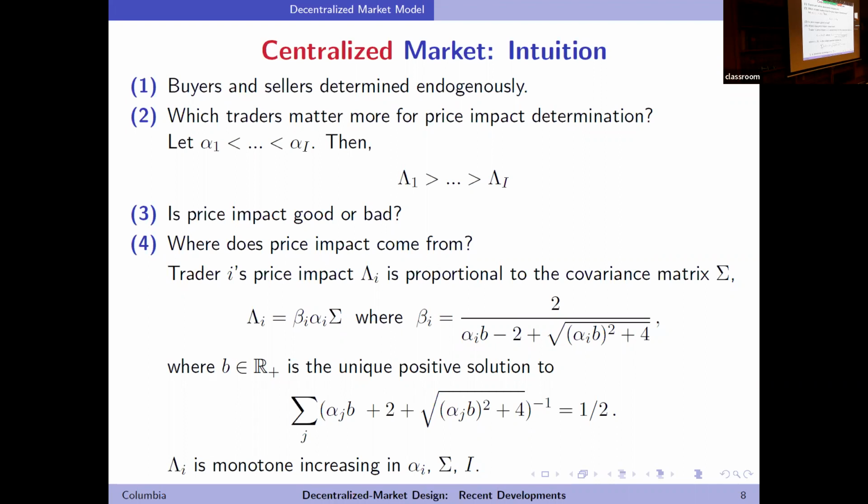All right, so let's just consider two markets. In one, all traders are equally risk averse, so alpha I equals alpha for all I. When all traders are equally risk averse, the buyers and the sellers, so let's suppose I aggregated all demands and supplies, will reduce their demands and supplies by the same fraction.